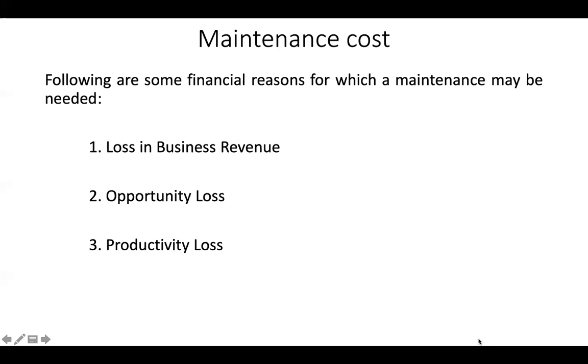If an organization has to face such issues, it either has to get an entirely different software product that will replace the existing one, or it has to do the maintenance of the existing product to make it more usable. So there are two ways in which it can escape this. First is to get an entirely different software product that will replace the existing one. The second is to do the maintenance of the existing product in order to make it more usable. Now, there are some financial reasons for which maintenance is very much needed.